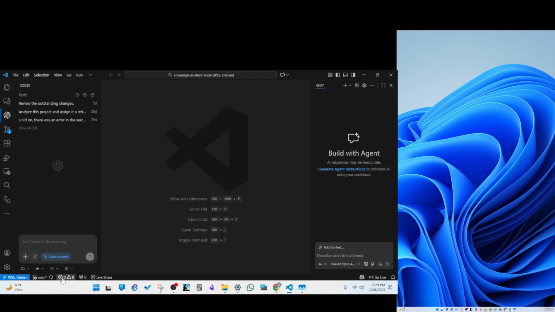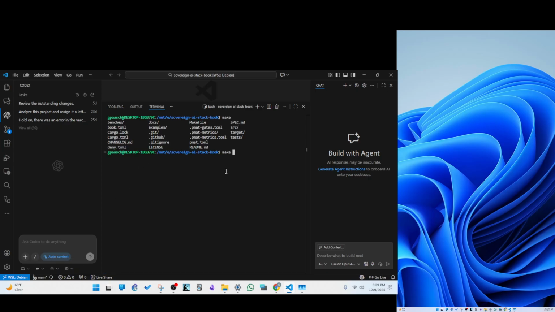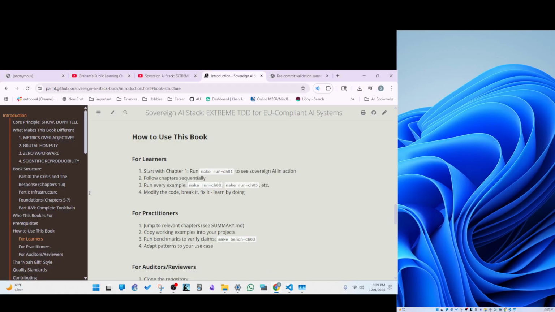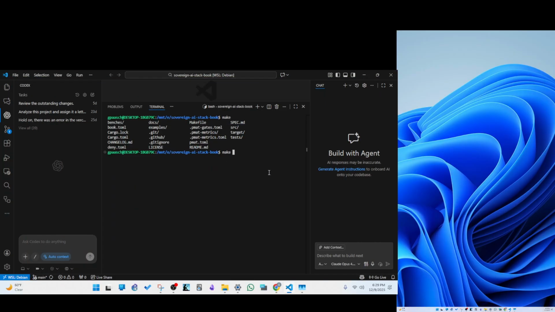Sometimes I'll accidentally take one keystroke that takes me 10 minutes to figure out what I actually did. Okay, so we're gonna run chapter one to see it in action. So probably in examples,